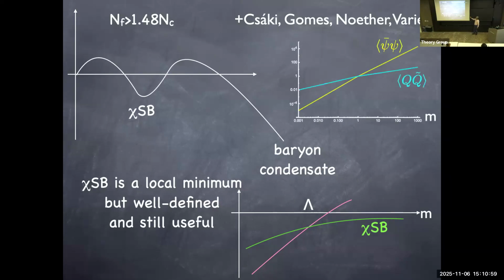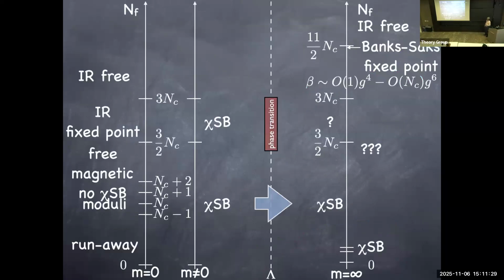So what is going on here is that this local minimum does seem to be continuously connected to the chiral symmetry breaking in the non-SUSY limit, even though there's a deeper minimum of the baryon number breaking for the near-SUSY limit. They have to switch as SUSY breaking is increased, and that's a phase transition. So in this case, there is a phase transition, but the local minimum can still tell us something useful in the non-SUSY limit, if you believe in this continuity.